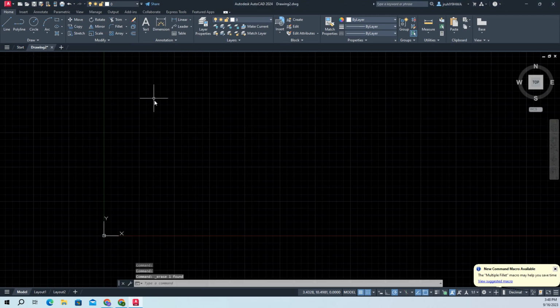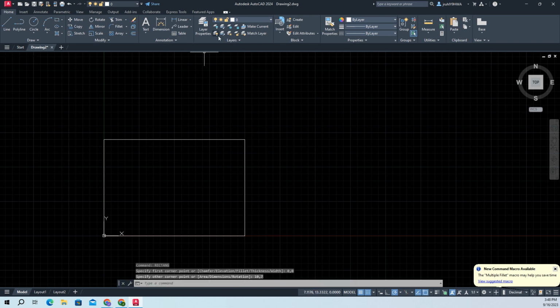So for this exercise, we're doing mirror, move, and stretch. They want us to start with a rectangular border. 0, 0 is the first point, and they want it to be 10 by 7. Double check my dimensions. 10, good. Then they want a second